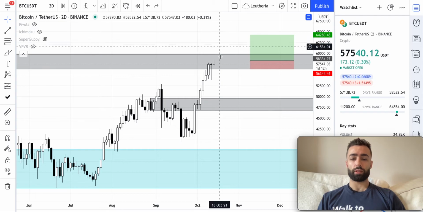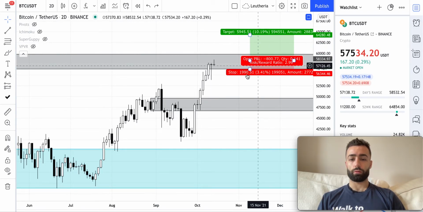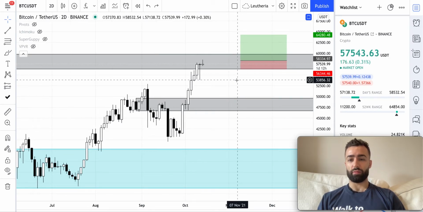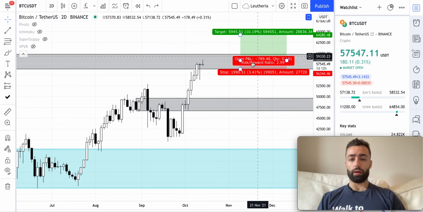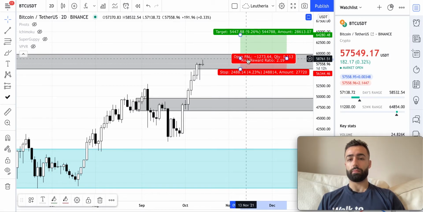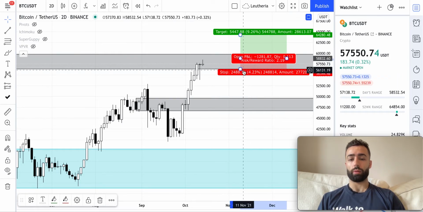So I'm looking for this level to potentially turn into support in the coming days, as I think the daily time frame is very bullish, and I'll use the long position tool here to calculate my risk to reward ratio, as well as where my stop loss is going to be, the percentages away from my entry, which will give me my position size for the trade, or the investment